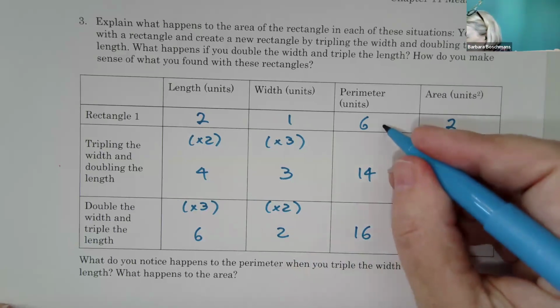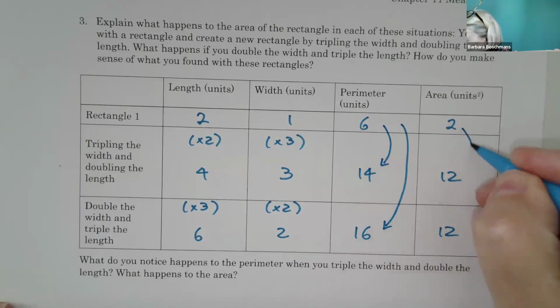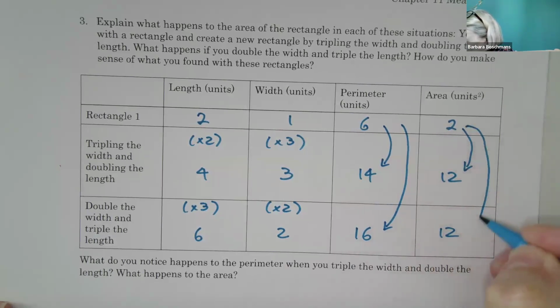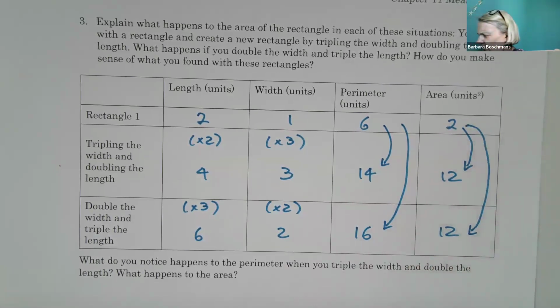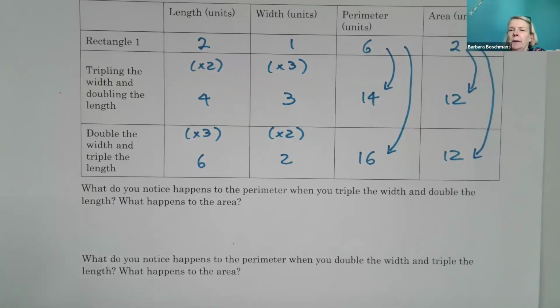So what happens here is 6 to 14, 6 to 16, 2 to 12, 2 to 12. So it looks to me like there's a pattern that we have for the area, but not